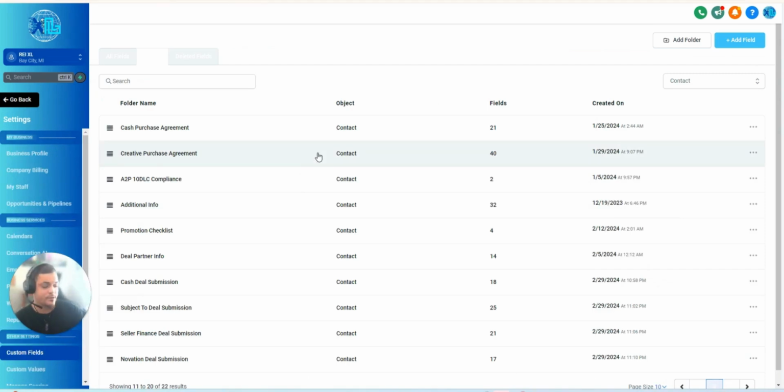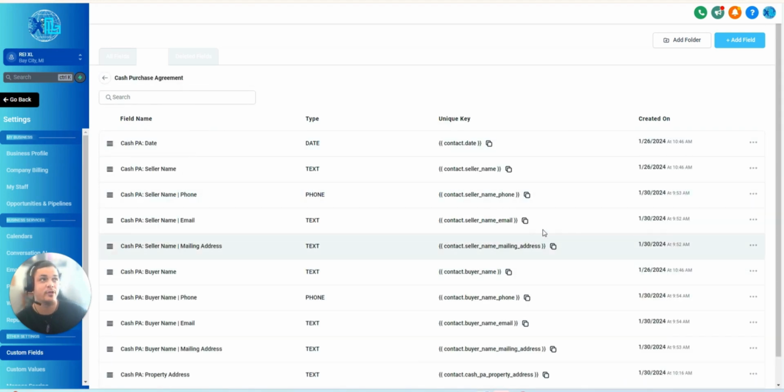Alright guys, first thing we're going to do is go to settings in your Go HighLevel account, and go to custom fields. This also works for any white labeled version of Go HighLevel as well, like REI reply, unapologetic results, REO close, and others. So go to settings, custom fields, go to folders here and create a folder. You're going to add folder and create cash purchase agreement. Now after that we are going to go into the cash purchase agreement folder